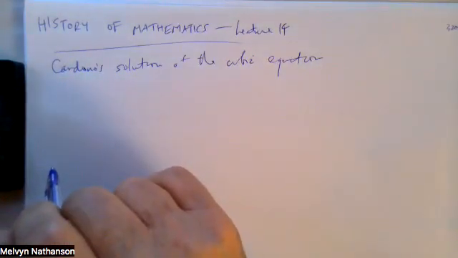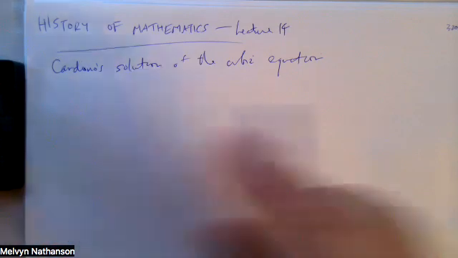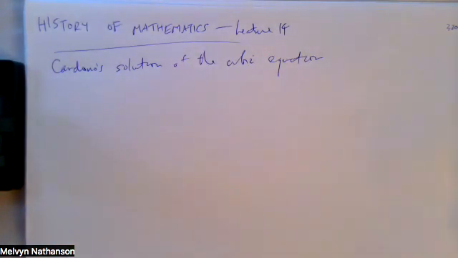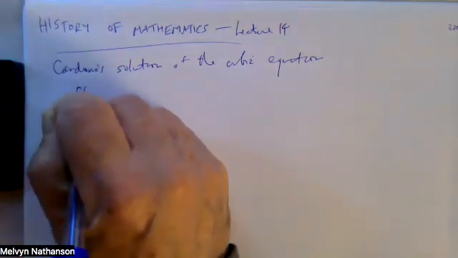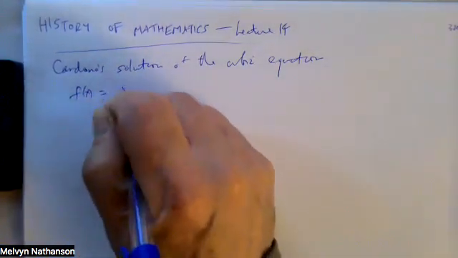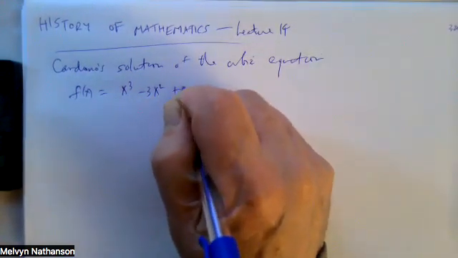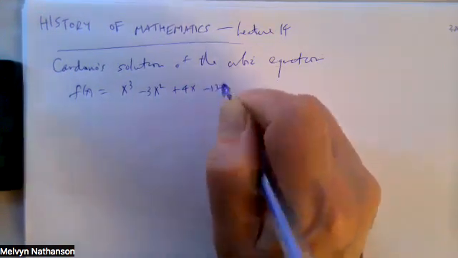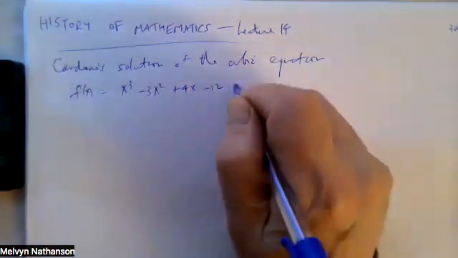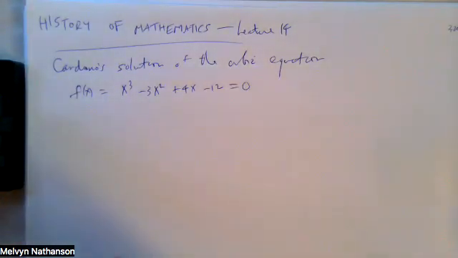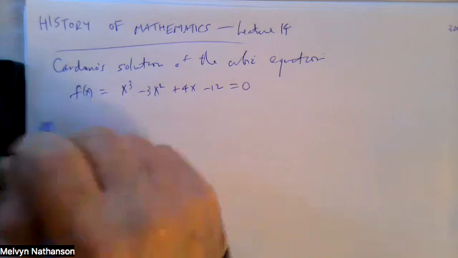So suppose we have a polynomial. Let's see. I'll write down a polynomial. f of x is x cubed minus 3x squared plus 4x minus 12. And we want to solve the equation f of x equals 0. So step 1,